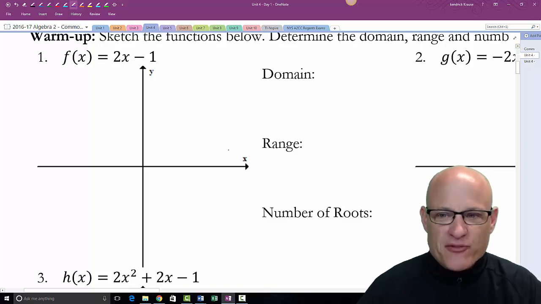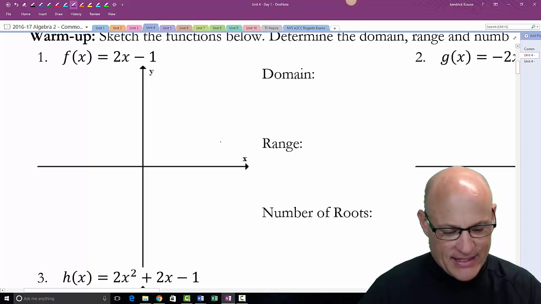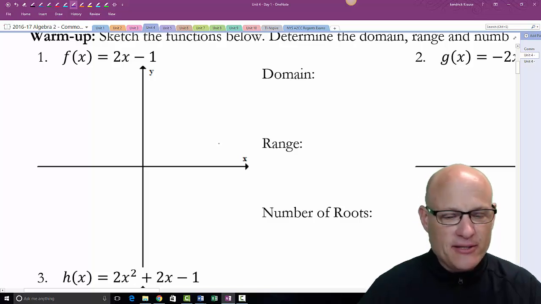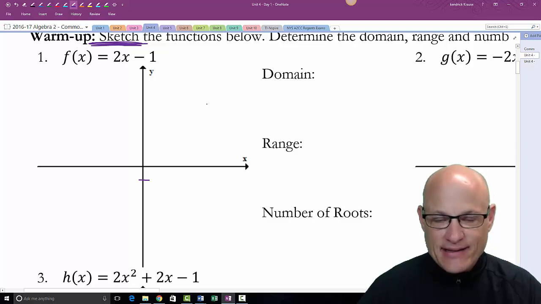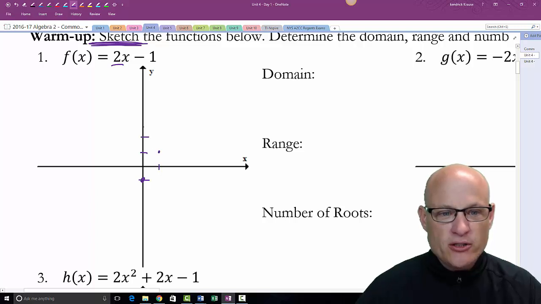Anyway, you could graph this using your graphing calculator. I will not, at least in this case, because it's relatively easy. It's got a y-intercept of -1. And again, I'm just sketching it. See where it says just sketch? So I don't have to get an exact picture of what this looks like. And it's got a positive slope of 2, so I would go up 2 and over 1. Up 2 from my y-intercept, and over 1. Because my scale's so messed up, it's going to look messed up. Anyway, you get the idea.